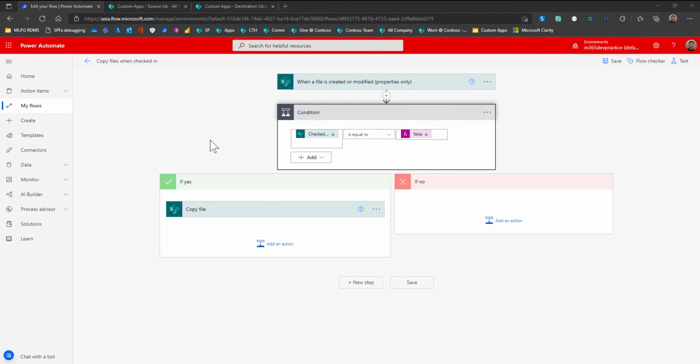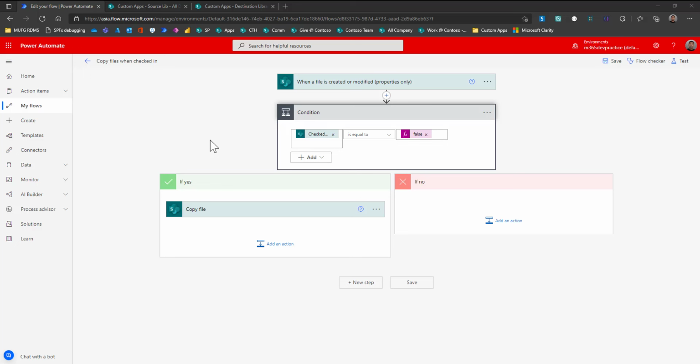Now we can see how to copy files from a source library where required checkout functionality is enabled. Usually when checkout is enabled in the document library, while copying the file, if there is any missing metadata, the flow will throw an error.